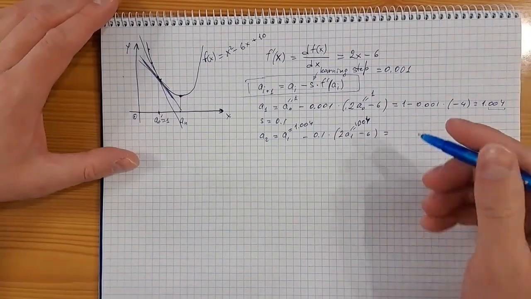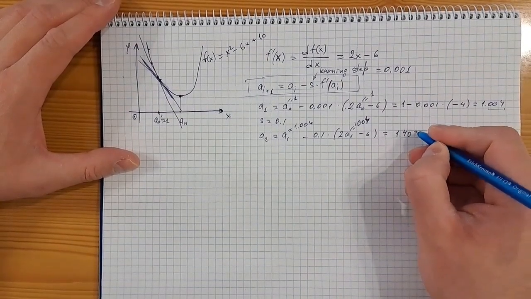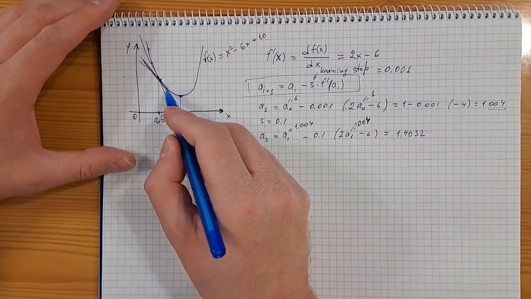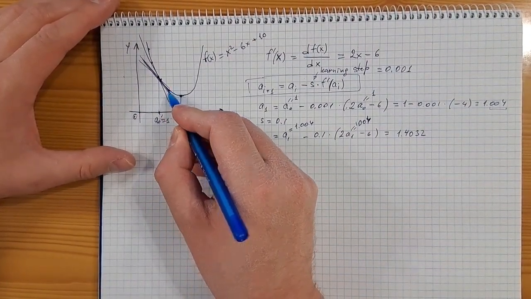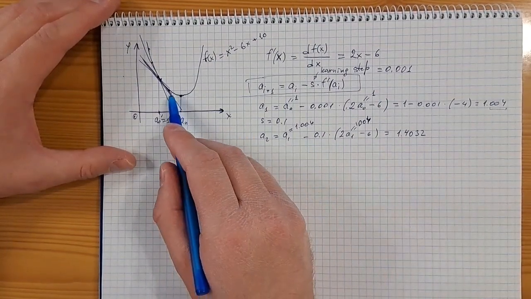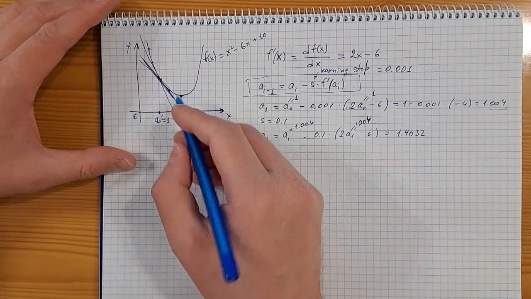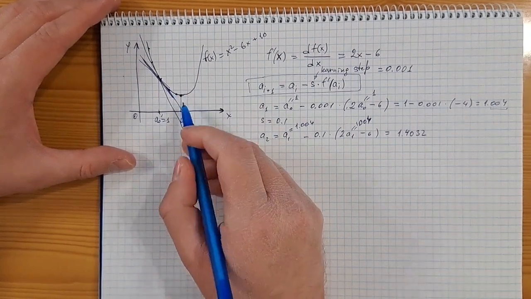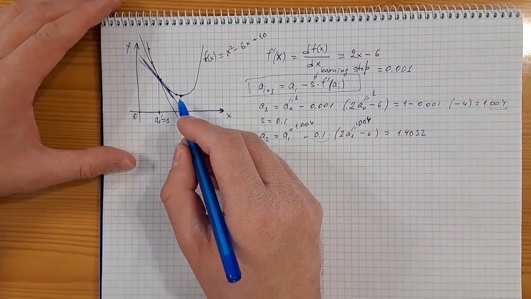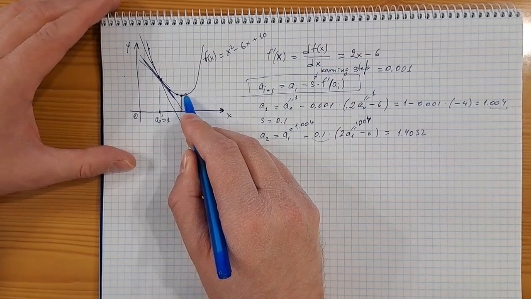Okay, and then it equals 1.4032. All right, so we advance a little bit here, and so on. We are going to move somewhere here, and then at some point we can actually move to the other side